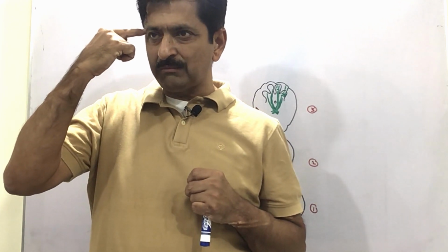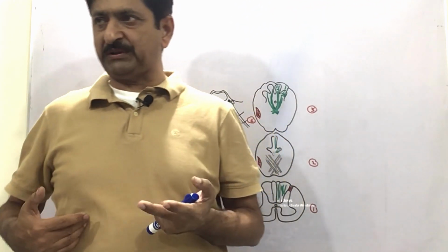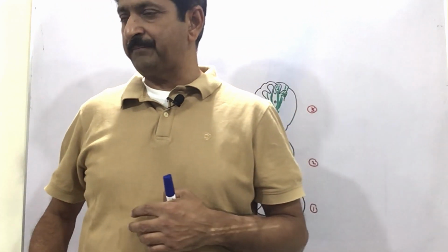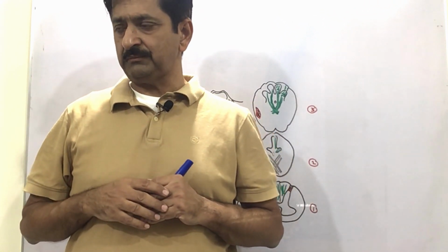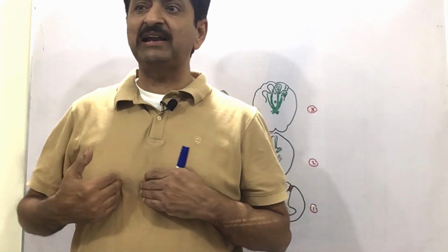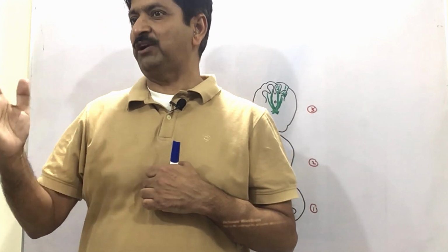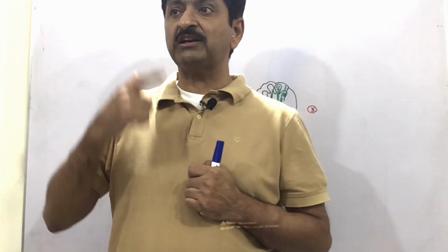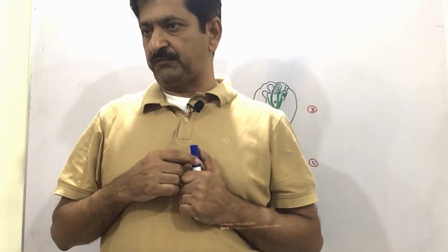the hypothalamus, because you have already seen that from T1 to L2 it was the thoracolumbar outflow. These were the preganglionic neurons of the thoracolumbar outflow, meaning the sympathetic, and S2, 3, 4 was the parasympathetic. But all of them are under the control of the hypothalamus; you call them the descending autonomic fibers. So autonomic is not just preganglionic and postganglionic, but there are upper motor neurons also in the case of involuntary functions. But this time the upper motor neuron does not come from the cerebral cortex but from the hypothalamus. These are called the descending autonomic fibers.